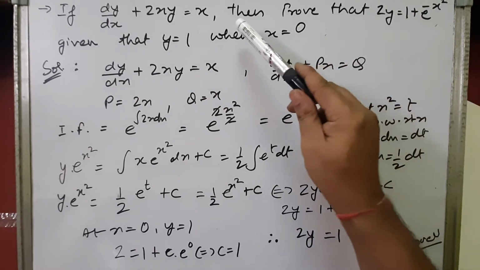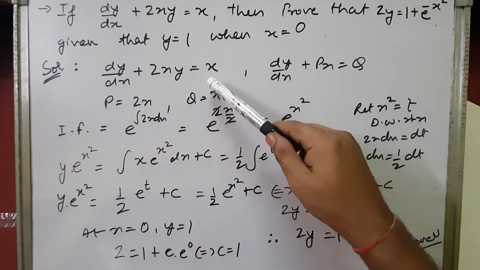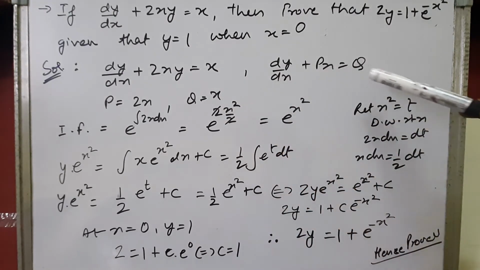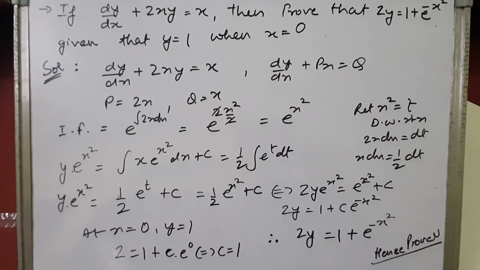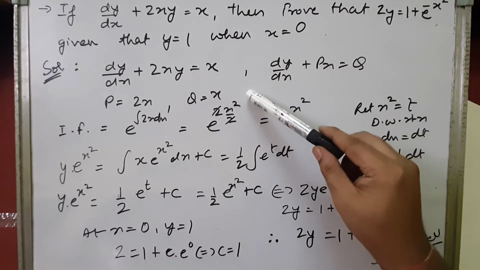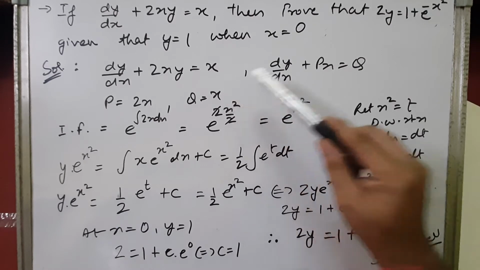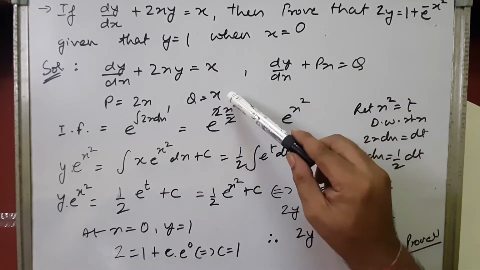So I think this is a linear differential equation, as we can see that the derivative is of first order, dependent variable is of first order, and the product of derivative and dependent variable is not present. So when we compare the given differential equation to the standard form of linear differential equation in y, the value of p and q will be obtained as p as 2x and q as x, right? When we compare, we get the value of p as 2x and q as x.